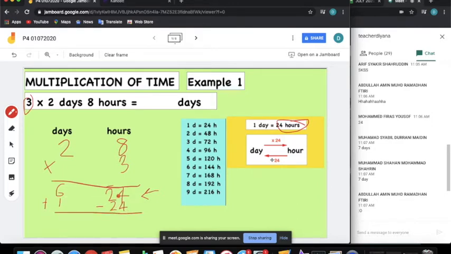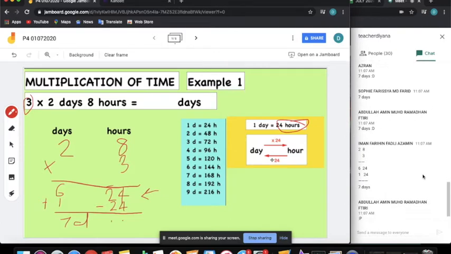So now, 4 minus 4 is nothing, 2 minus 2 is nothing, 6 plus 1 is 7. Good job for those who answered 7 days already at the chat box. That means you already understand how to convert, bring. For those who did not reply anything at the chat box, hi Iman Farihin. Do not write here, you waste your time, write in your books. Okay, can I proceed?